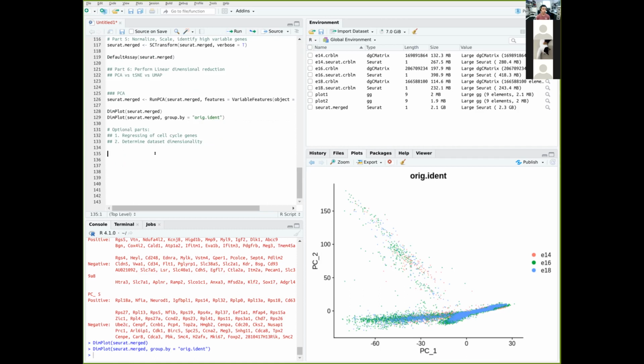So we are done with the PCA plot. You've seen what the PCA plot looks like. We are going to perform the nonlinear dimensional reduction. So this is part 7 now, non-linear dimensional reduction. I'll cover both UMAP and t-SNE. But unlike PCA, which is mandatory, you can choose to run either one and plot either one of these